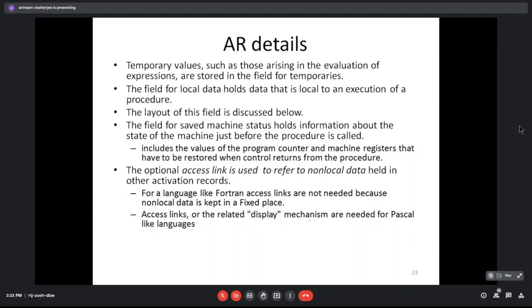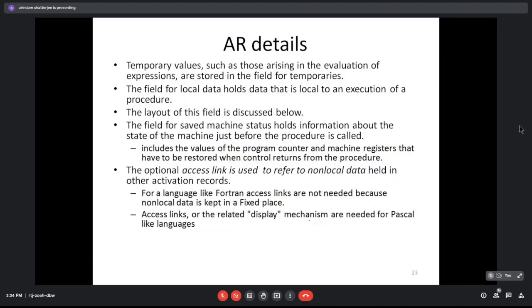Optional access link. What is an access link? It is used to refer to non-local data held in other activation records. So this is an important field. Generally, in C, you don't see this, but it is a very important thing in designing your programming language. If you want access to non-local data, for example, in a language like Fortran, access links are not needed because non-local data is kept in a fixed place.